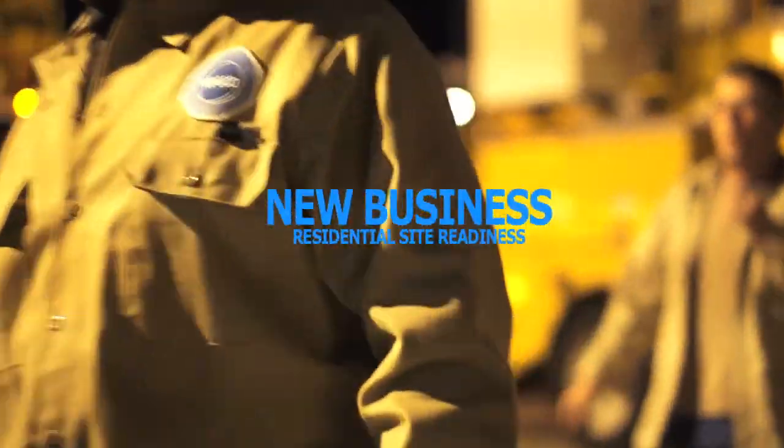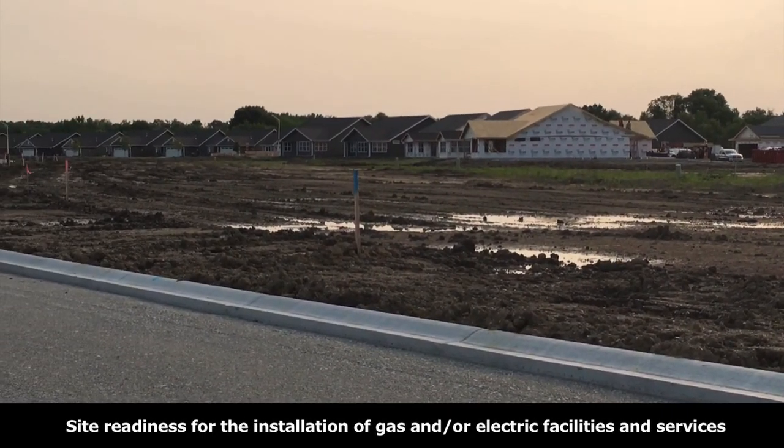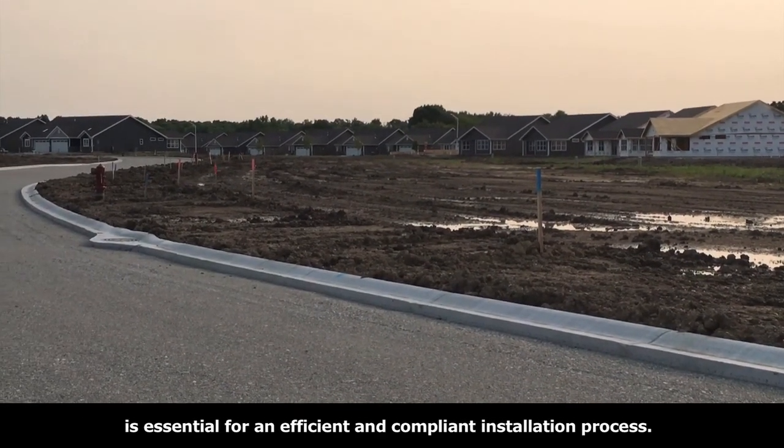New business, residential site readiness. Site readiness for the installation of gas and/or electric facilities and services is essential for an efficient and compliant installation